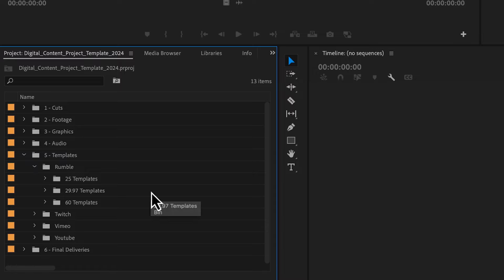When we open the bin for Rumble, you will see additional bins for each of the frame rates Rumble recommends. So if you shot in 25 frames per second, you would use sequences in the 25 frames per second bin. So if you shot in 29.97 frames per second, you would use the sequences in the 29.97 frames per second bin. And if you shot in 60 frames per second, you would use the sequences in the 60 frames per